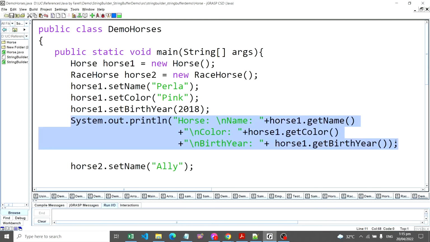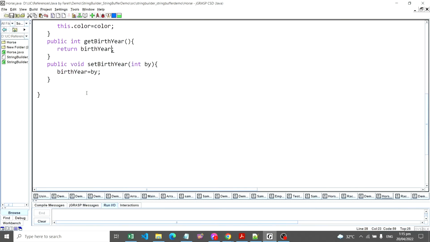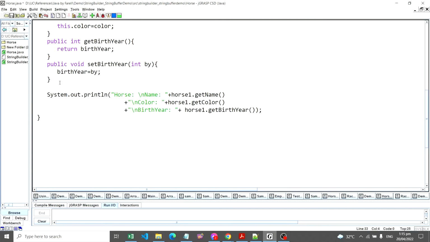Say for example, we will be cutting this one and placing it inside the class, but putting this in a method like display. Okay? So upon calling this one,